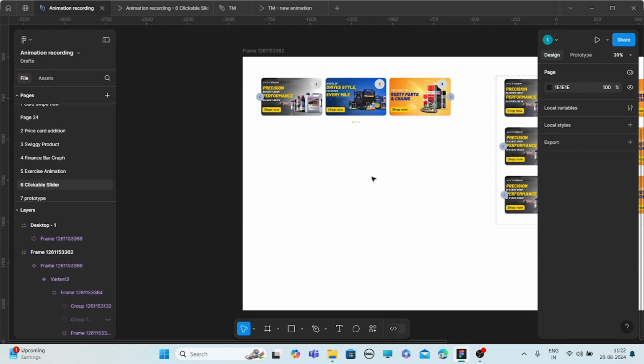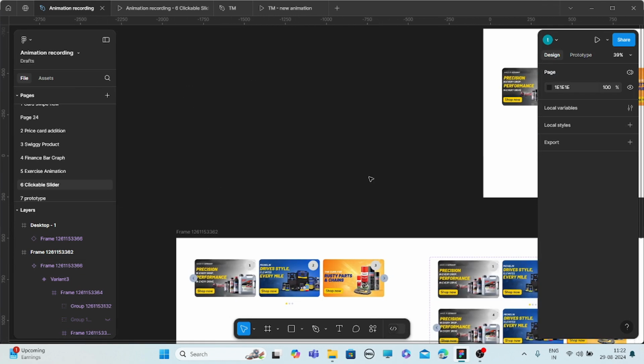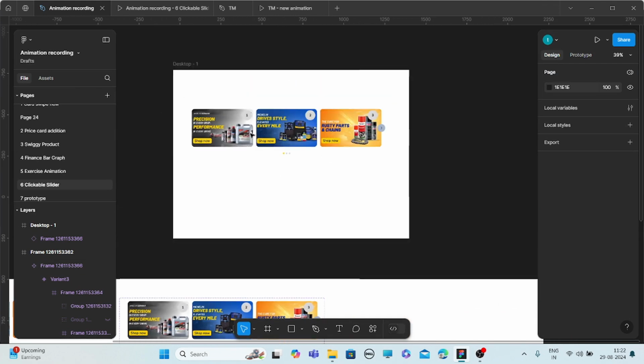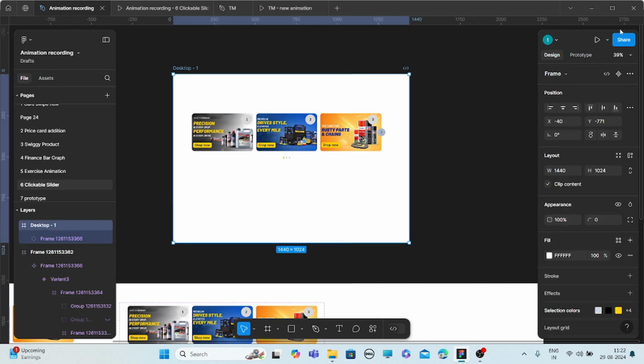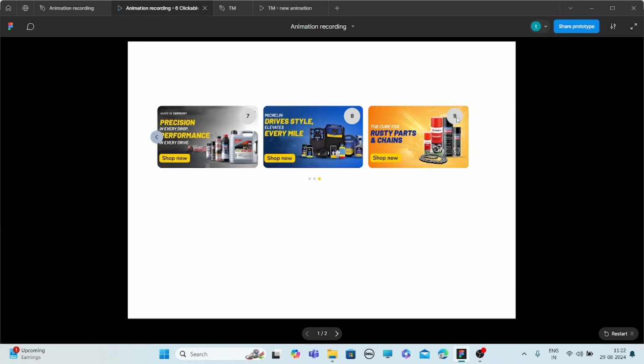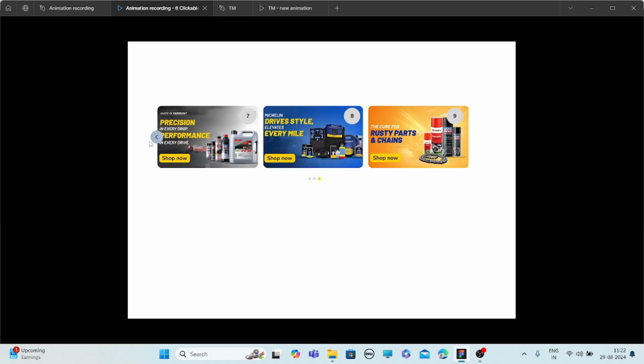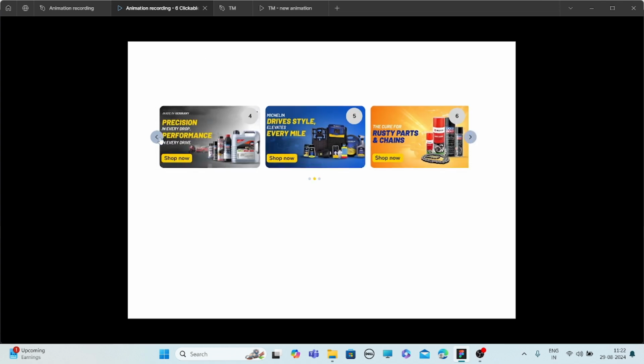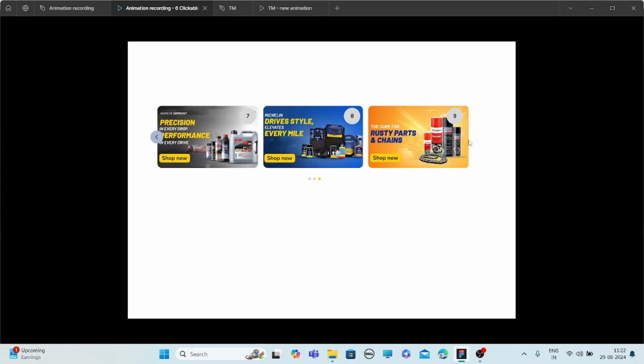Now we'll see again how this prototype is behaving now. See, now the animation is working properly. You can see how it is moving.